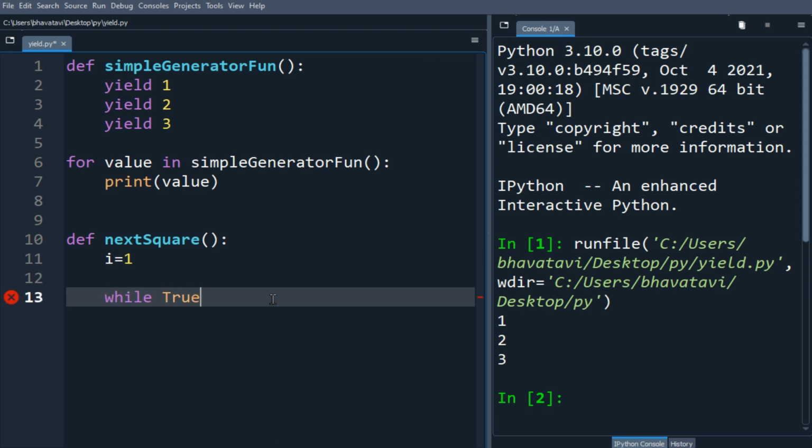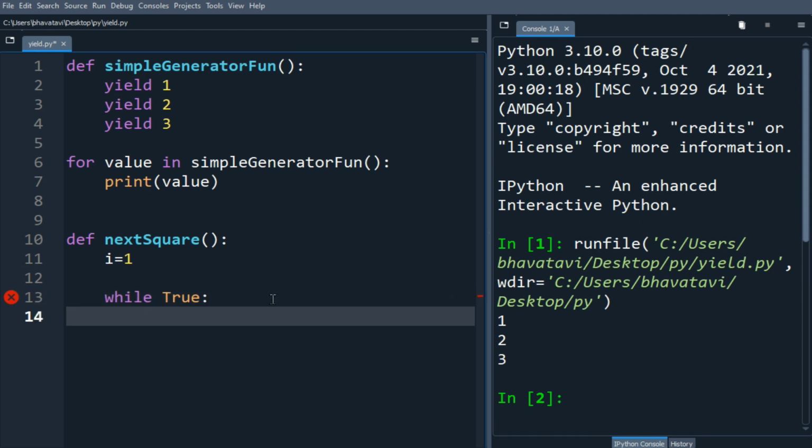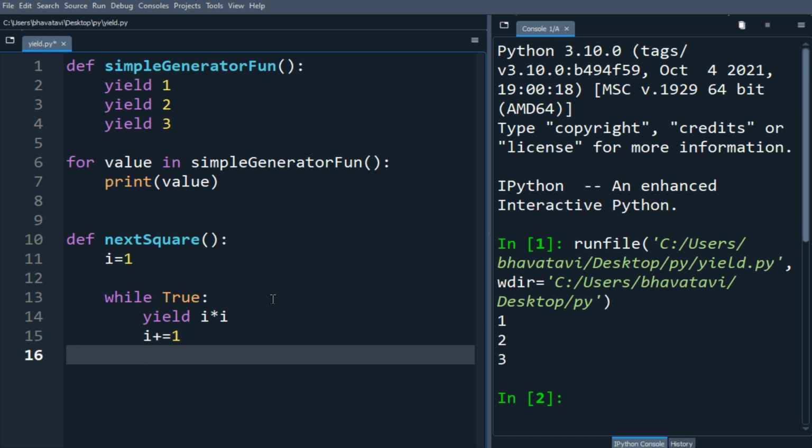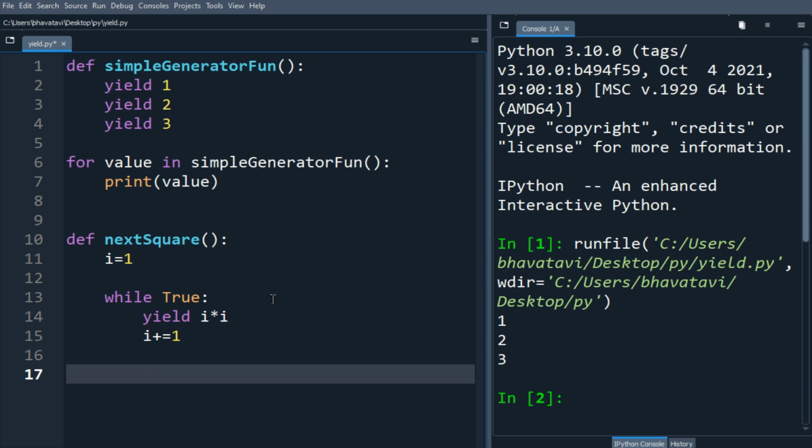So this is an infinite loop to generate squares. So let's put yield i multiplied by i, and then we'll increment i by 1. So next execution resumes from this point. So let's make a for statement here also. Let's make it like this: for num in next square,